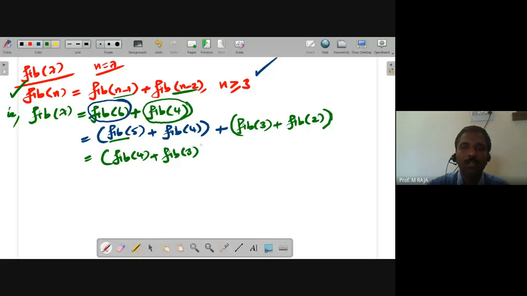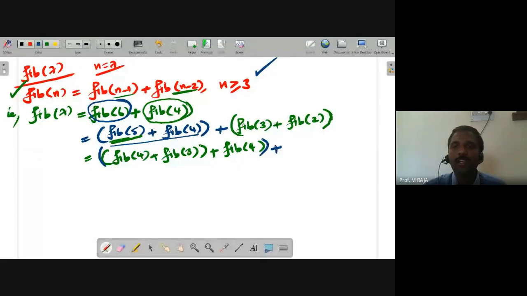I put one parenthesis to signify the value of fib of 5, plus this is added with fib of 4. I put one more opening and closing parenthesis. All are additions, no problem. To conclude, fib of 5 plus fib of 4, plus writing this result as it is,